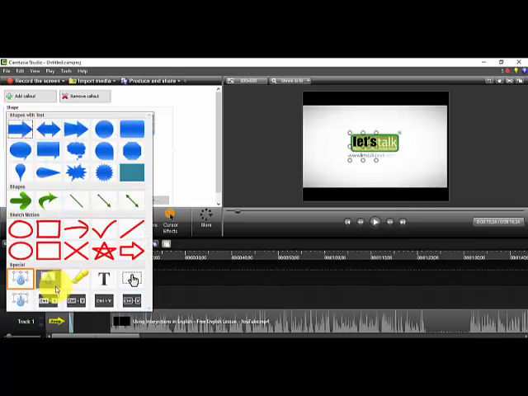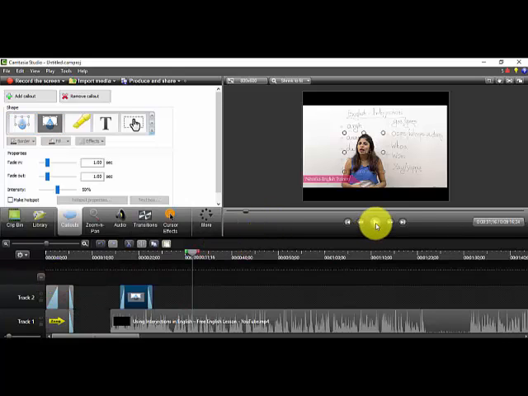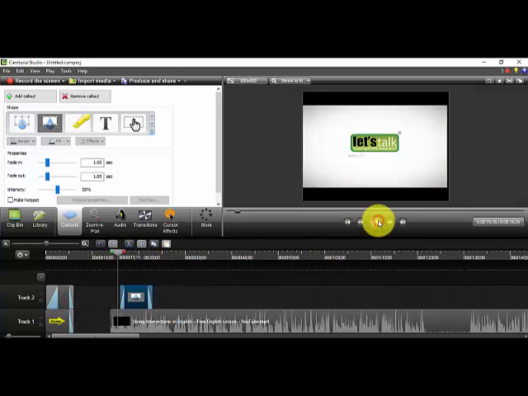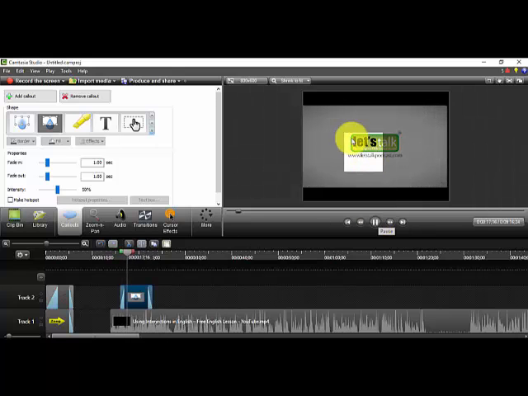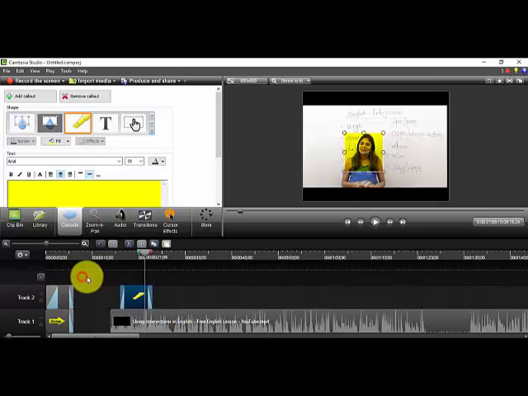Now we will see how to use spotlight. Select spotlight and click on it. Now here we have spotlight, and if you want to replace this spotlight with highlight, so click on highlighter. Now click on play,